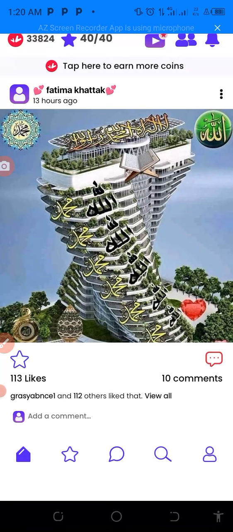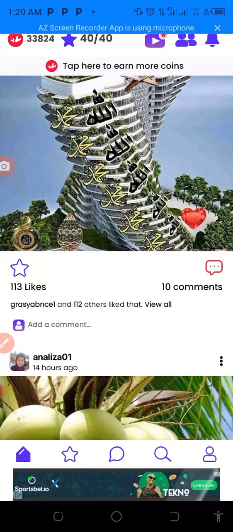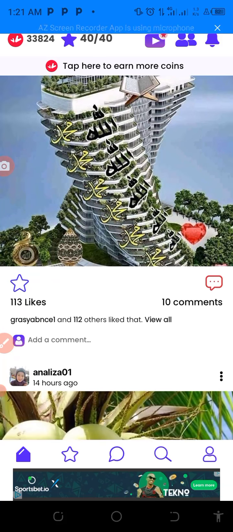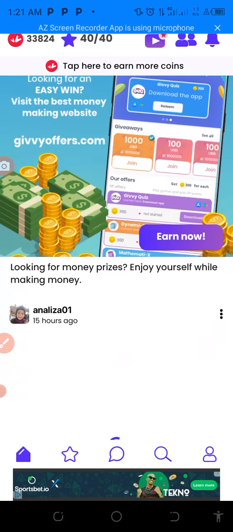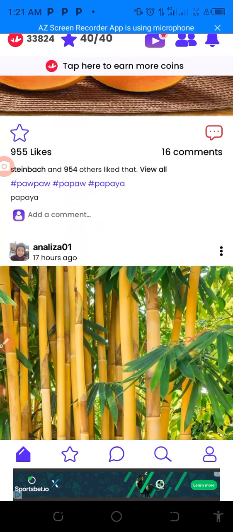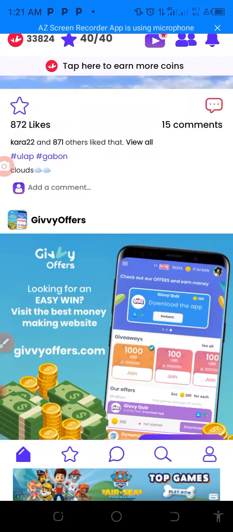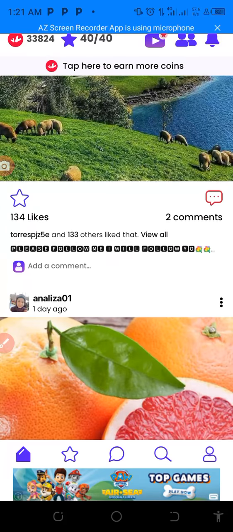You can see this Social Giveaway. Giveaway Social is an app that's just like Facebook and Instagram, but on this app you cannot chat. You can only comment on the pictures and other things. The main point of this app is to post a very beautiful picture. When you post one, you can see many people posting very beautiful pictures here.